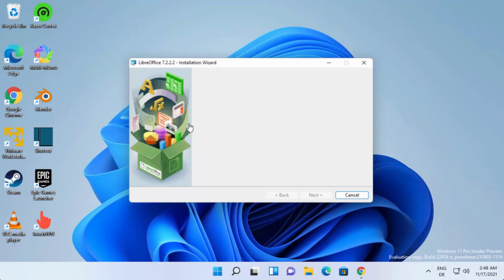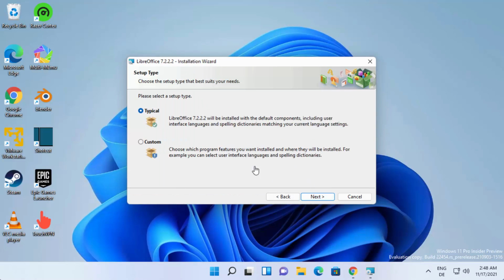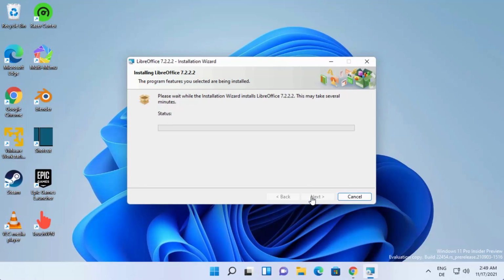And now you can see the Windows installer for LibreOffice has been started. So on this first page, you just need to click on the next button. And from here you can choose between two options, typical and custom. I generally go with the typical option and then click on next. And then just leave this checkbox as checked, which is going to create a shortcut on your desktop, right? There is this second option here also which says load LibreOffice during the system startup. I generally leave it as unchecked, and then I'm going to just click on install,